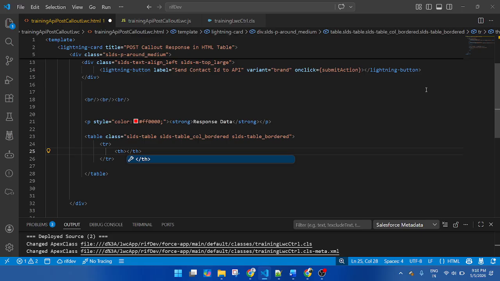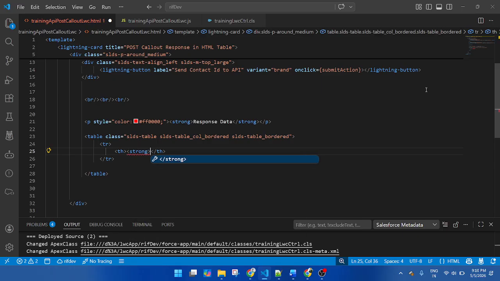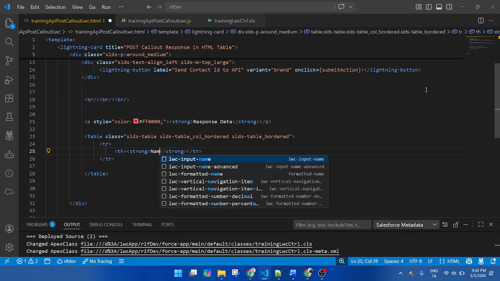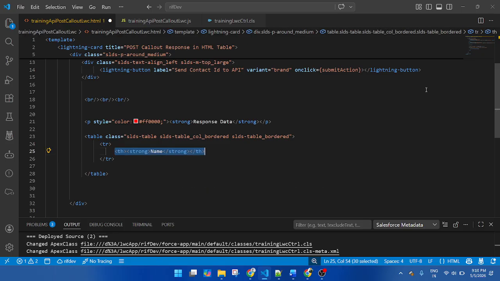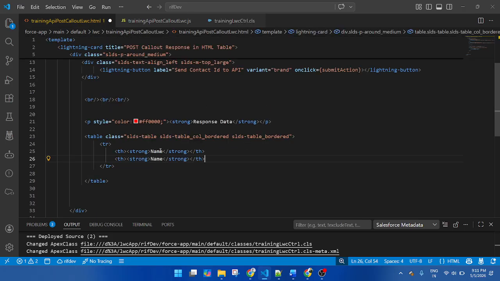Inside the table head I want to display the headings. So strong, I want to display the heading as strong, bold. Name, email, phone, job, and response ID.